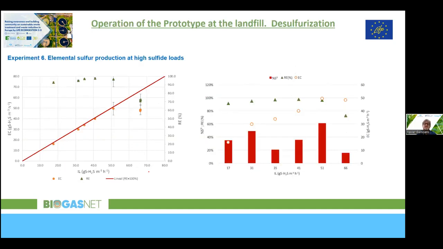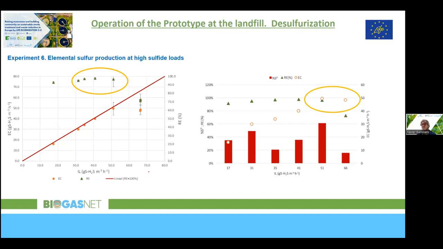All right. Also, we performed some experiments trying to test the limits of the technology, and in feeding chemical sulfide, we reached again removal efficiencies of 98% and elimination capacities of 60 grams per cubic meter per hour. This is a very nice value from an industrial point of view, but we still think that we can push